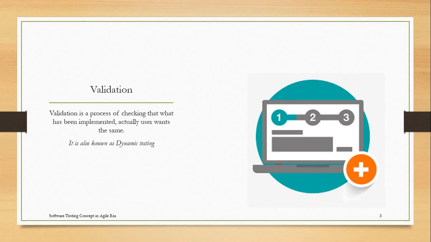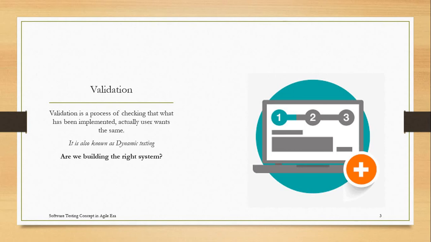This is a kind of dynamic testing where you validate the things, right? You execute something to validate the software, whether it is as per the requirement or not. Just the opposite of validation is verification, where there is no need to execute anything, you are just cross-checking whether whatever is there is as per the requirement or not. The single line definition of validation will be: are we building the right system?